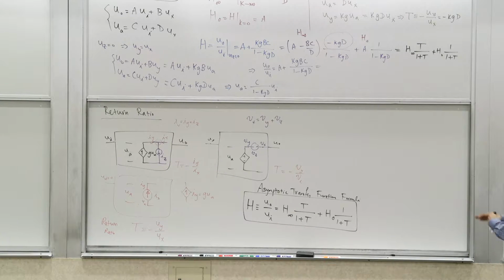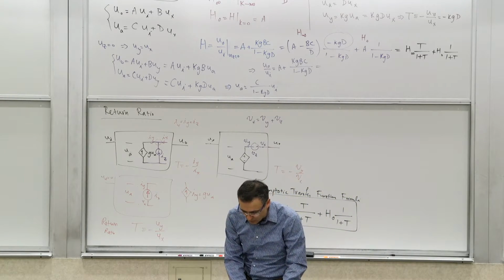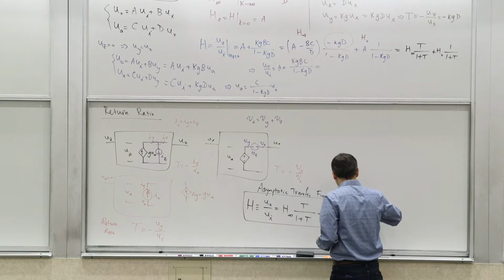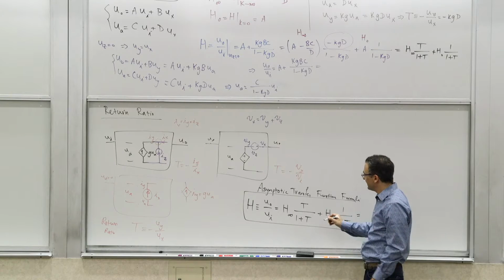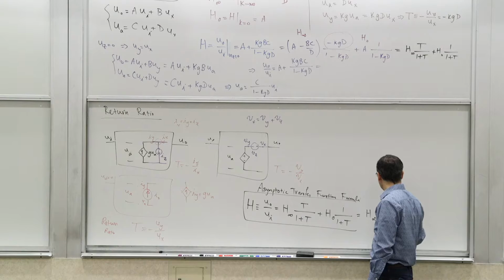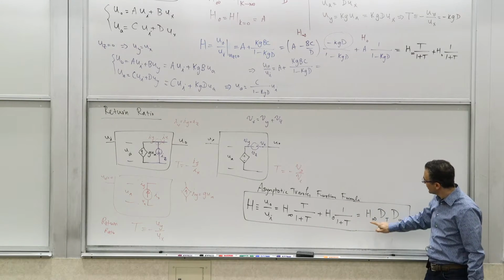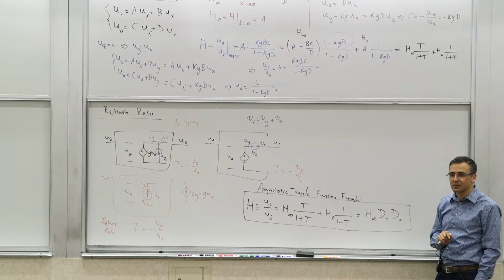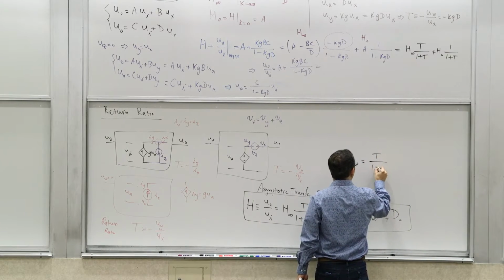Okay, so now that we derived it, we know it's true. Let's see what it means and how we use it. So this is one way to write it. There's another way to write this, which is in a multiplicative correction term. So basically you can write it as H infinity d sub t d sub 0. So it means that your transfer function is just H infinity that we calculated before times two correction factors. Now dt